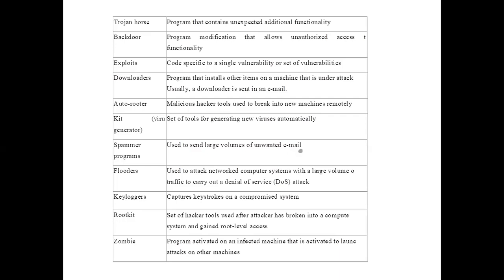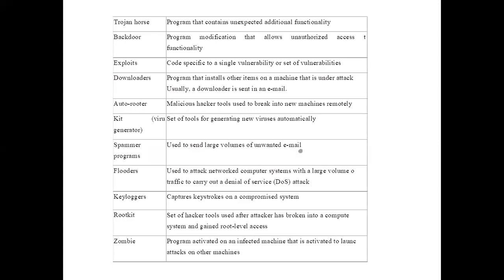A backdoor is where unauthorized access is done. That is, when I see my email, you can also access my email. That is a backdoor attack, unauthorized access to my functionality. Then exploits are nothing but code you generate that targets some vulnerabilities. Vulnerabilities are nothing but weaknesses. For example, if you know the passwords of your close friend or all, their active code, you can easily try to get their bank passwords if you know them personally and something like that.